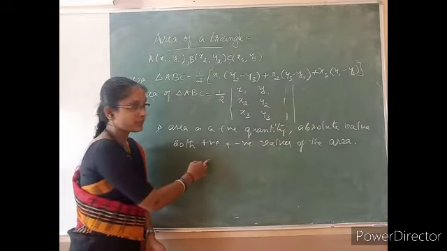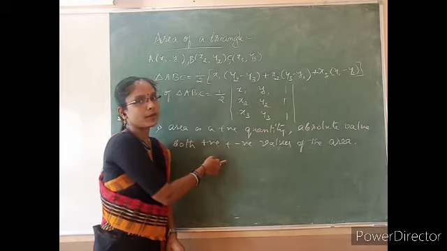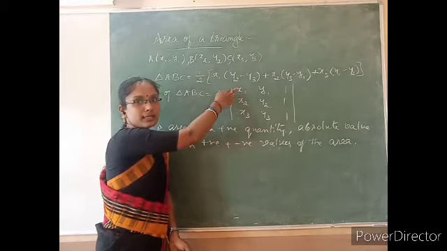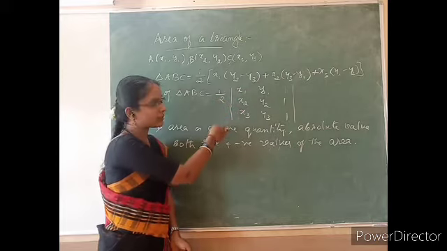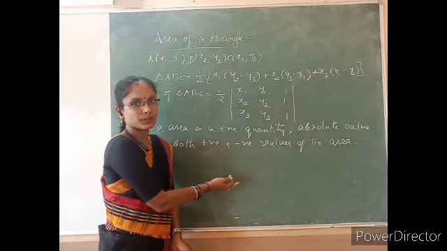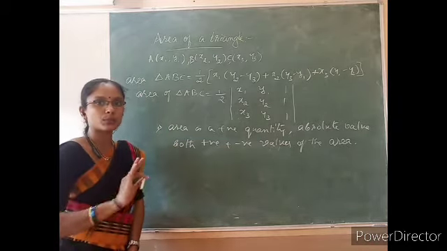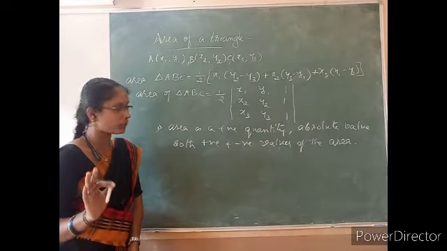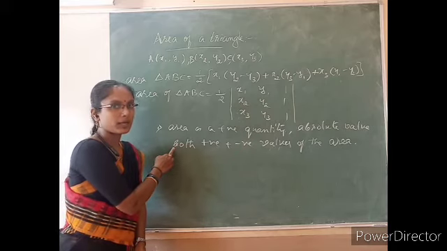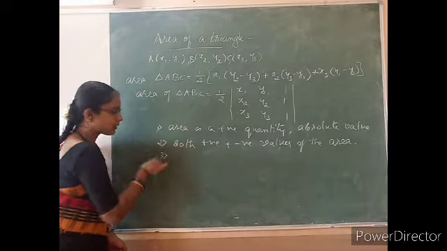This is because if we evaluate this determinant, you may get a negative value or a positive value. In both cases, the vertices are the same. If we get a negative value, we take the absolute value of that and you will get the positive. So for that reason, for calculation, you have to take both positive and negative values when the area is given. In the example, I'll explain once again. Okay, this is the second concept here, and now the third concept.